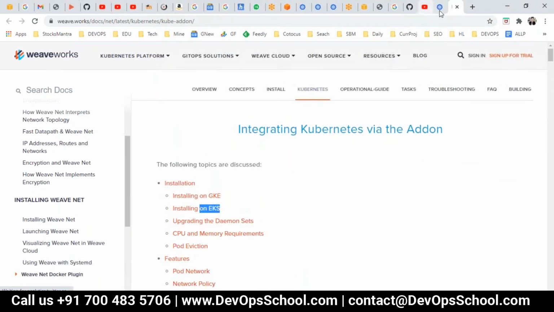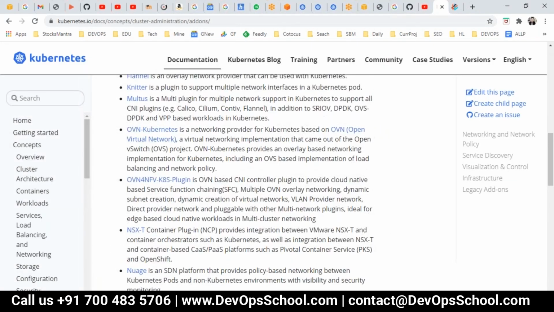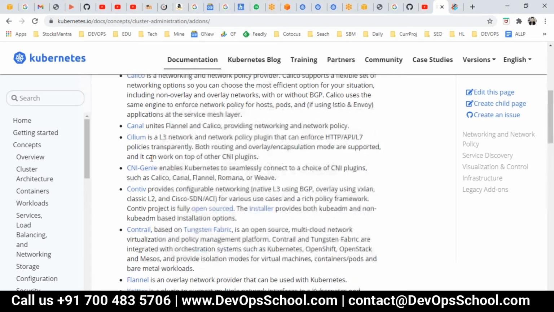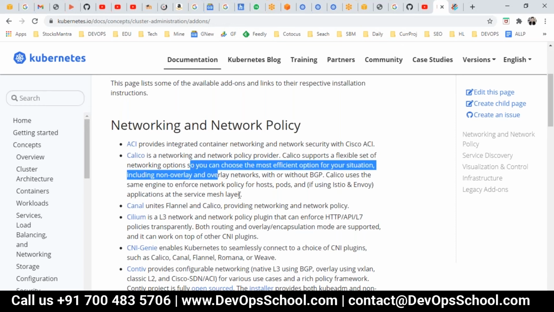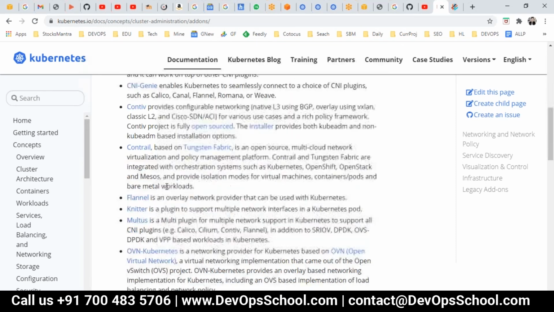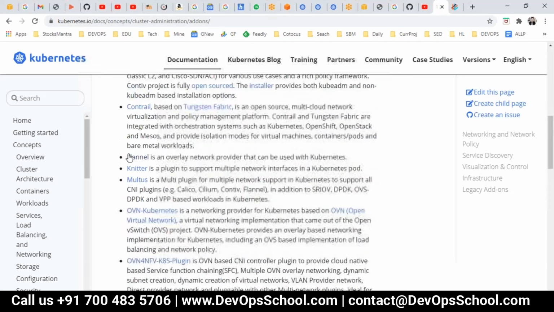By the way, in production many people use Calico. This is the BGP protocol and works with L2 and L3. Many people also use Flannel.